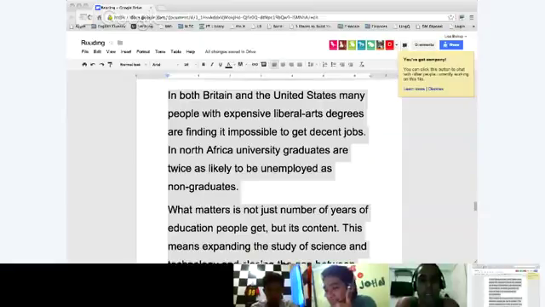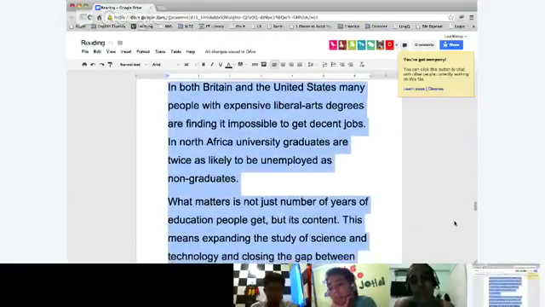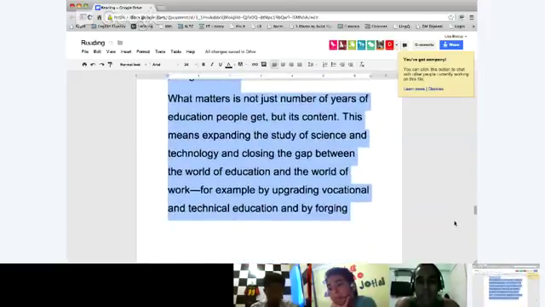In both Britain and the United States, many people with expensive liberal arts degrees find it impossible to get the jobs. In North Africa, university graduates are twice as likely to be unemployed as non-graduates. What matters is not just the number of years of education people get, but its content. This means expanding the study of science and